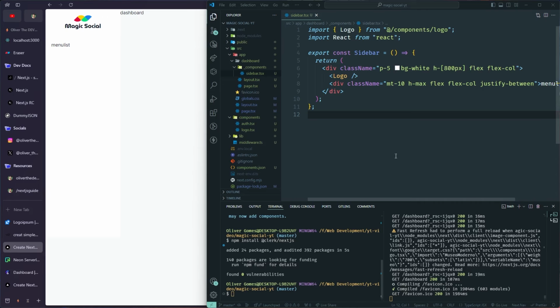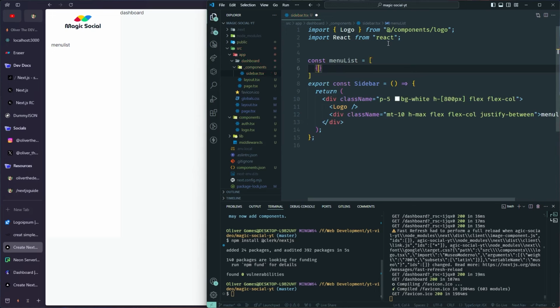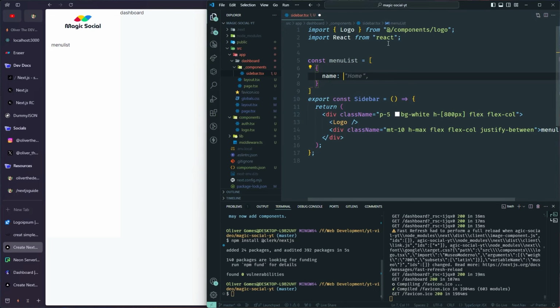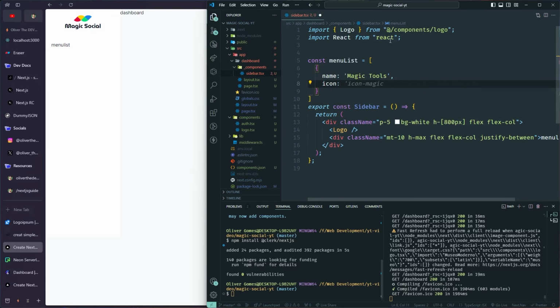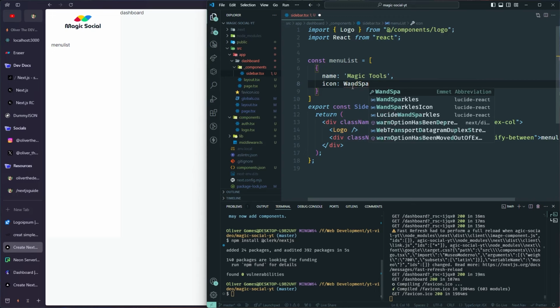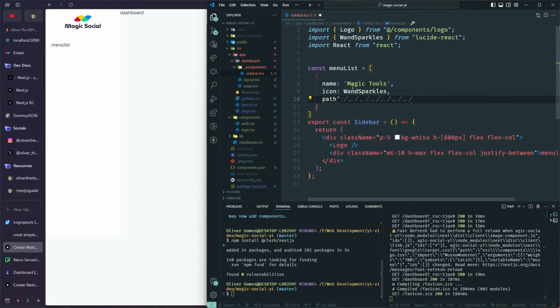For the menu list, we're going to create a menu list object called menuList, and in here is going to be an array. Every one of them has a name, called Magic Tools, with an icon. The icon is coming from Lucide React, which, when you install shadcn, it automatically installs for you. So I'm going to bring in one, Sparkles, from Lucide React, and then for the path is going to be /dashboard